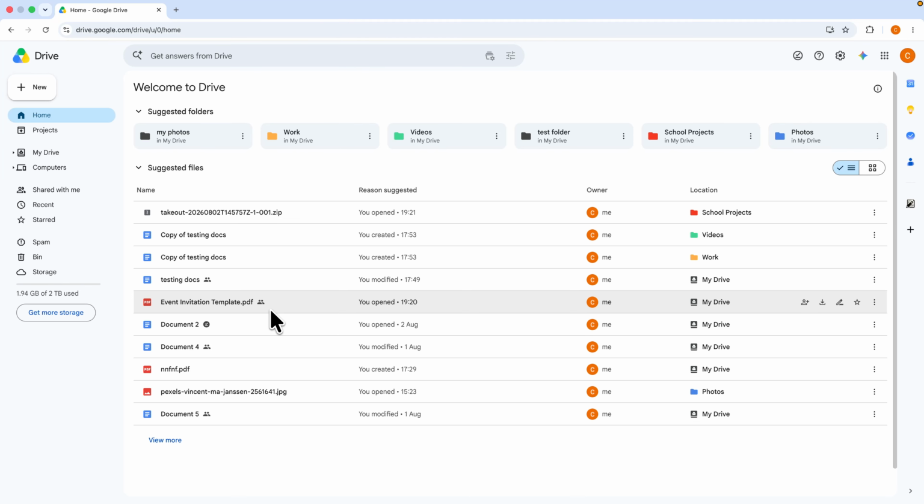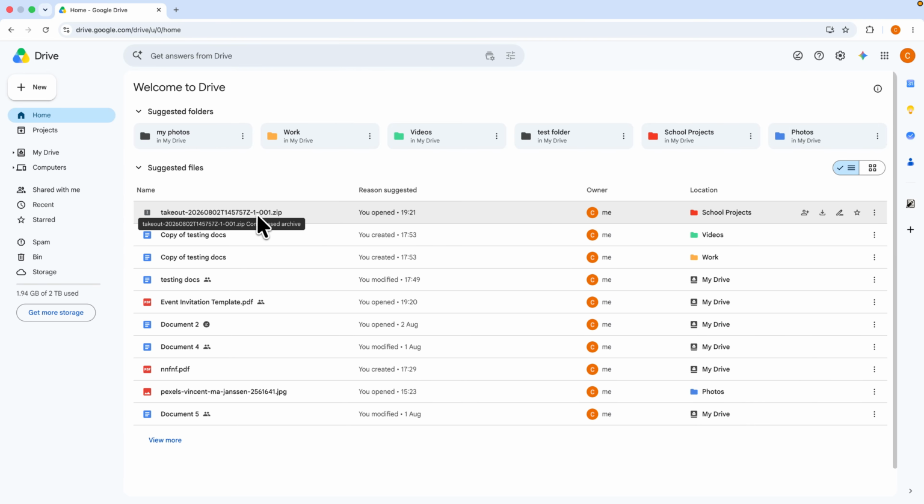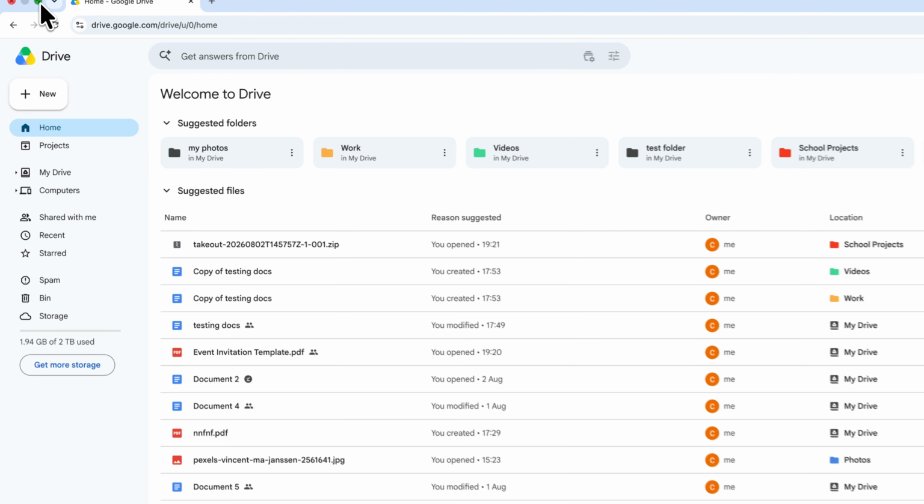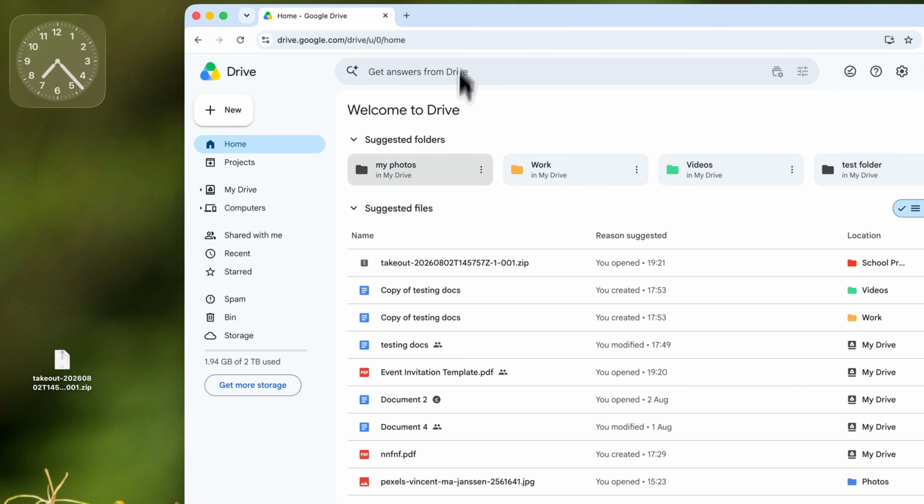Hi, in this video I want to show you how you can unzip files in Google Drive. So maybe if someone shared with you this zip folder, as you can see right here, or you just uploaded this to Drive and now you can't open this, there are two ways what you can do. Either you can use a Zip Extractor add-on, or the manual way I wouldn't recommend is